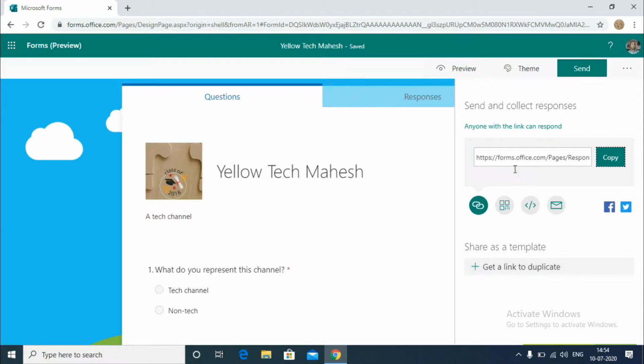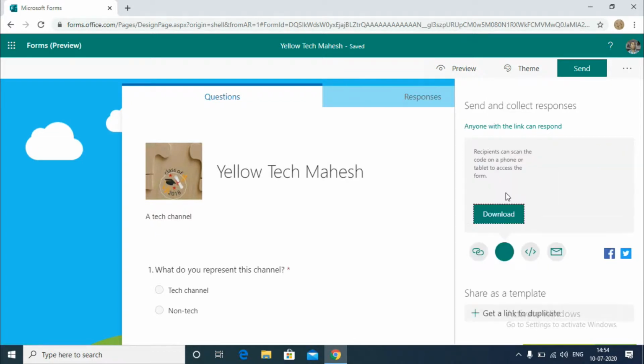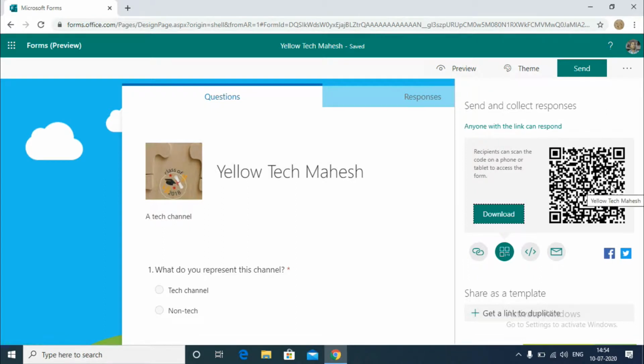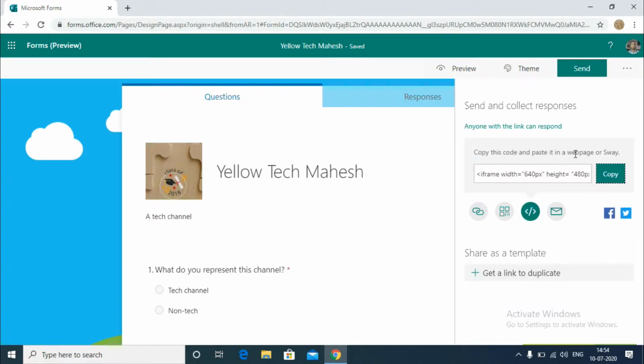Okay, this is for the link, and click here, it will form the QR code. If you are making any PowerPoint presentations and want people to fill the form from that, this is very useful and very important in this type of forms. I really like this option, forming the QR code. We can download it by clicking there, and the next option is the code. If you copy this code, we can paste it in any of the HTML pages, that is web pages, and this form will be present there also.